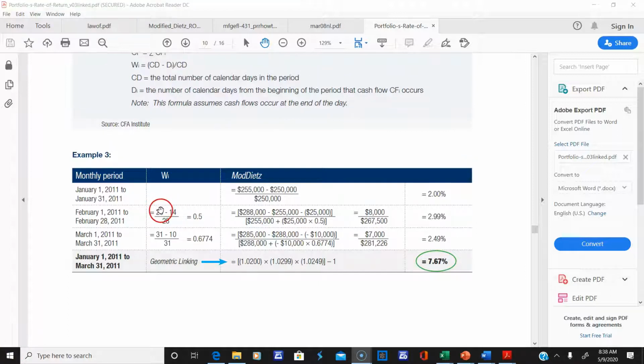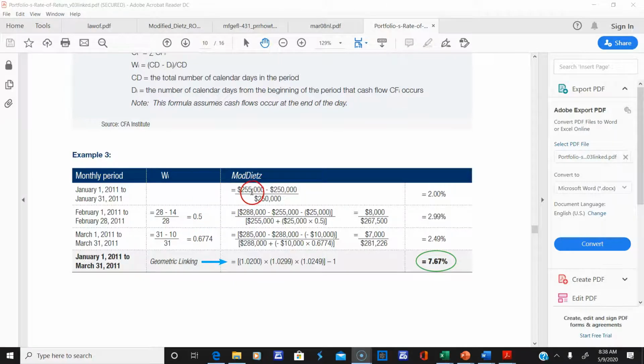So you can see, if you look at the equation here, this is the total number of calendar days in February, right? 28, and I guess they assume the payment goes in on the 14th in this example, and that's DI, right? Which is the number of calendar days from the beginning of the period that the cash flow occurs, divided by the days in the period, again 28. So you get the weights. Here's the weights,